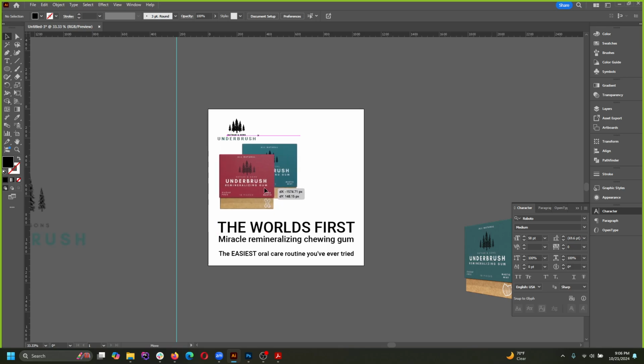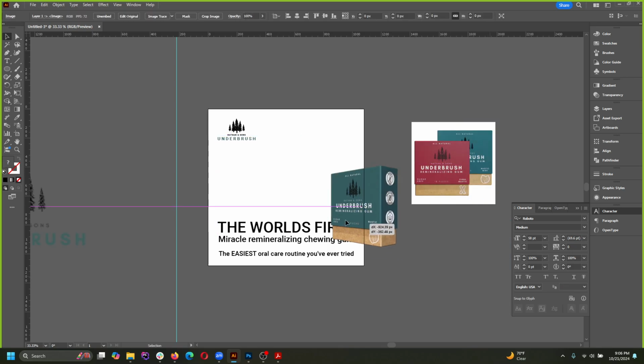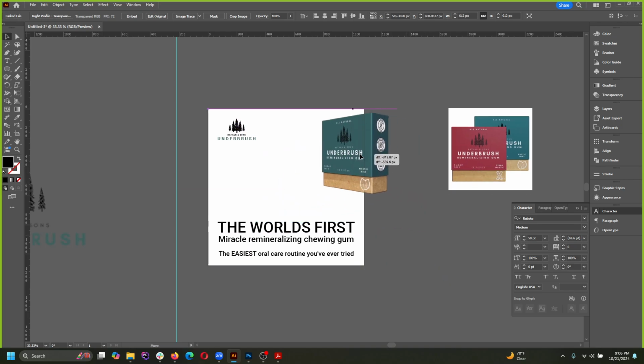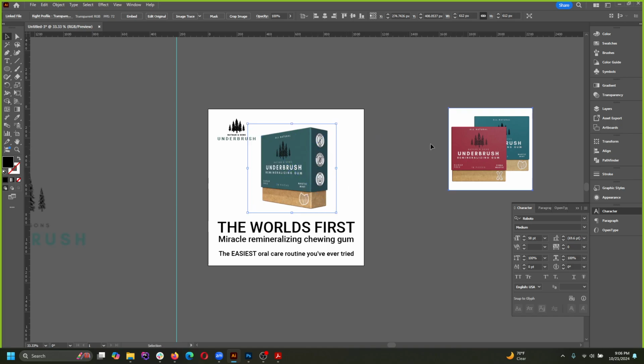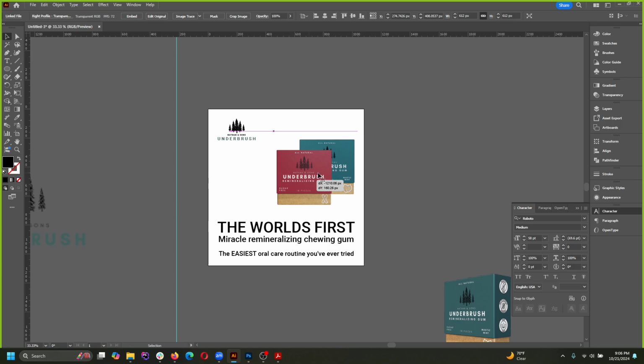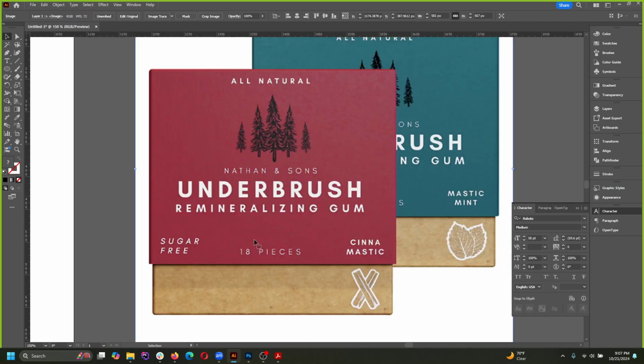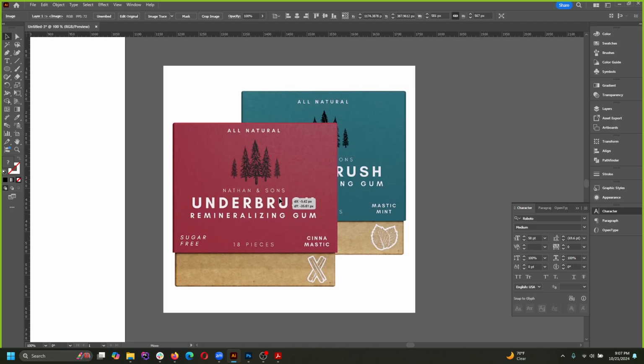Okay, and we got the picture of the gum. Still don't know if I'm gonna go with that one or this one. I might go with this one because it's got a clear background. The white around this one might be a problem unless I crop it out. You could take it into Photoshop and just delete the white background, which would be pretty simple. I don't think Illustrator has an auto detect edges thing to crop it for you, but you could always,